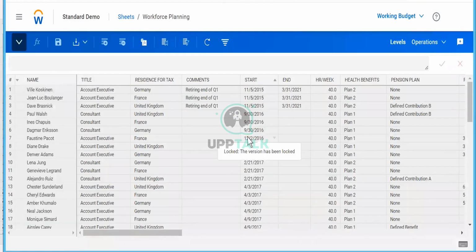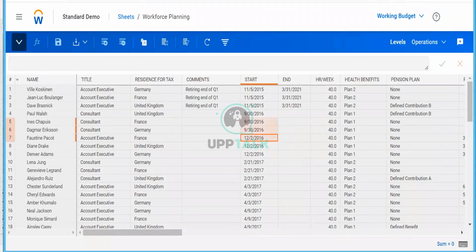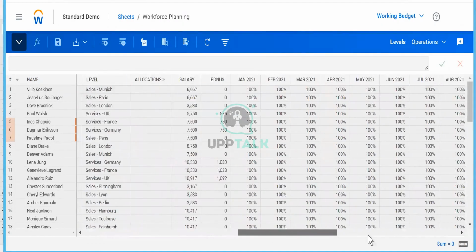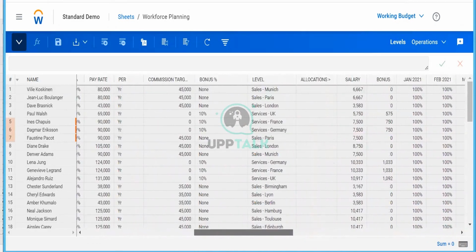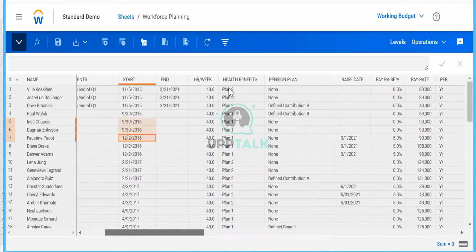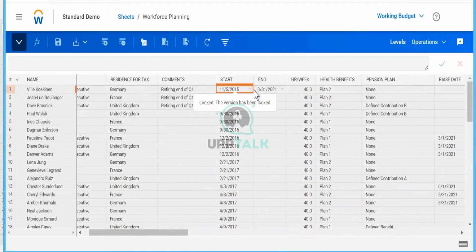I hope today's session was clear for you with respect to standard and cube. We will do an exercise later on when we do the import template. And you can see, now we have the data for workforce planning. Now you just see the number of columns. The number of columns can be as many as they want. And then you have the date column also. Then you have the comments column also.